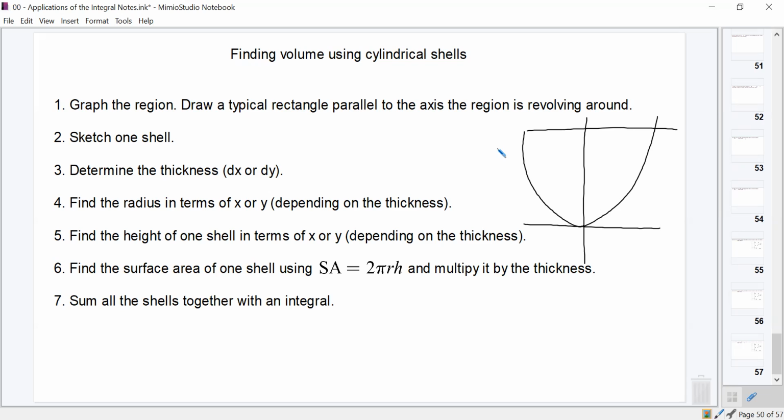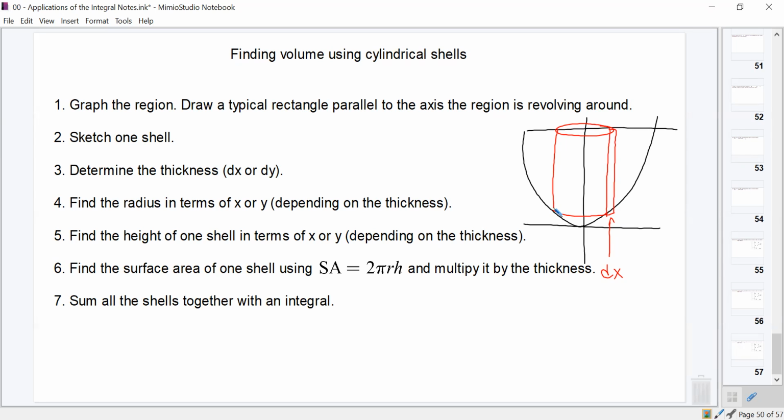What I'm going to do is draw what we call a typical rectangle that is parallel to the axis we're revolving around. So I'm going to draw a rectangle that is infinitely thin in the x direction that is parallel to the y-axis, since that's the axis that we're going to revolve around here. And then I'm going to sketch a shell. We're talking about this as if we took that infinitely thin rectangle and revolved it around the y-axis, leaving us effectively with